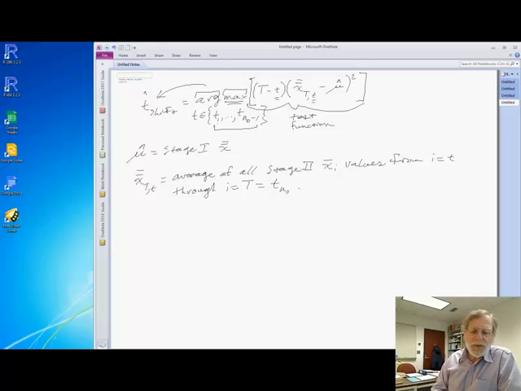So this is the latter average of the observations on X bar from the point t up through the point at which you got signal,